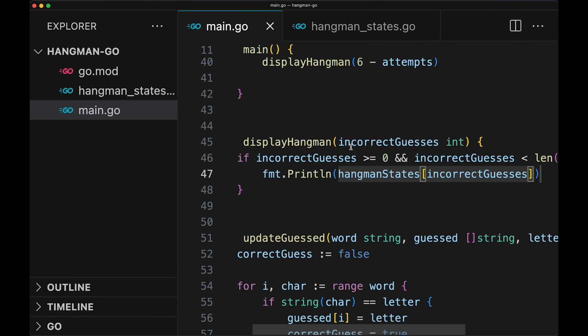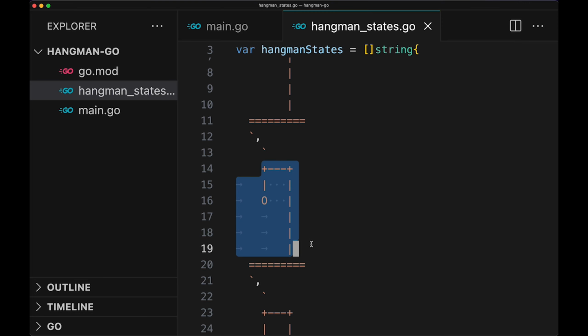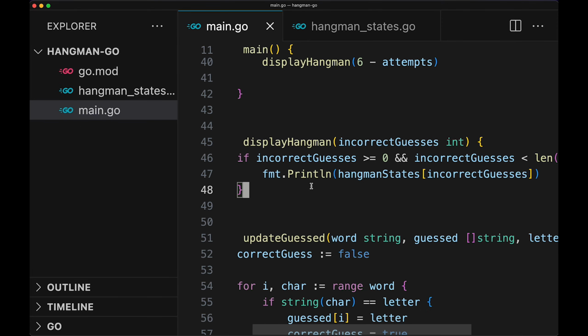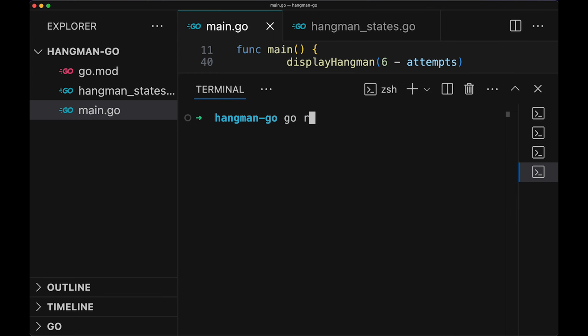So let's say that incorrect guesses is 0. It will then read the hangman states from this file, and it will print out this one. If the incorrect guesses is 1, it will print out this one, and so on. We can now try to run the code and see the result. So go run ./